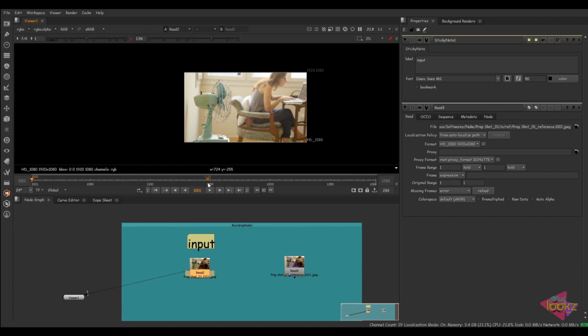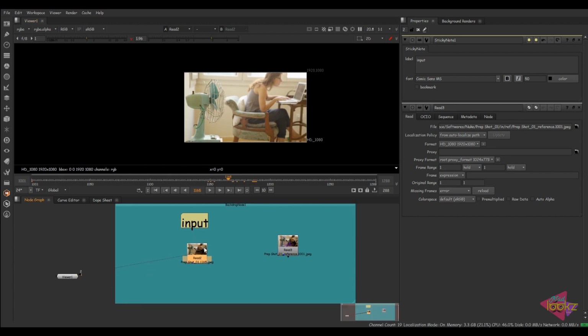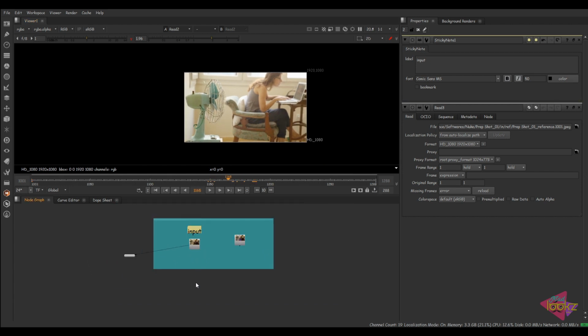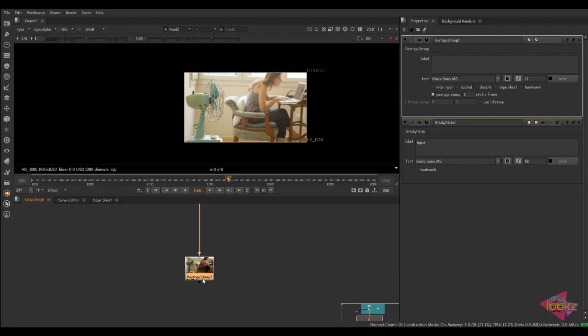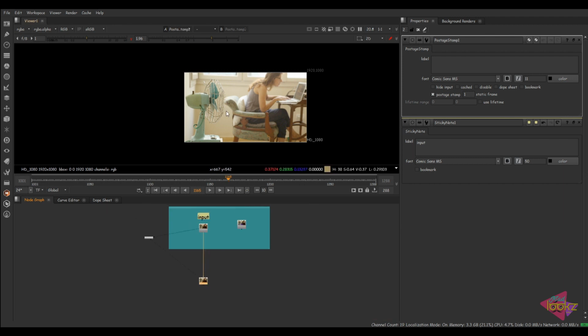Now I'm going to introduce you to a node, postage stamp. Always make sure you use a postage stamp instead of using the input node multiple times. Wherever you need an input, you can simply connect the postage stamp node and connect the input with that. You can get a thumbnail view.